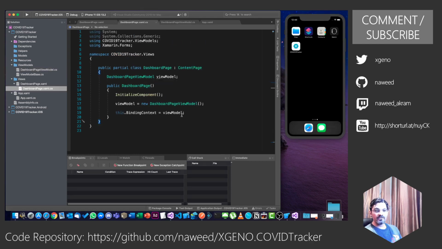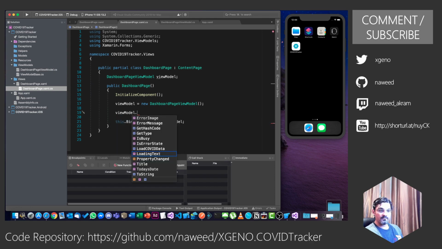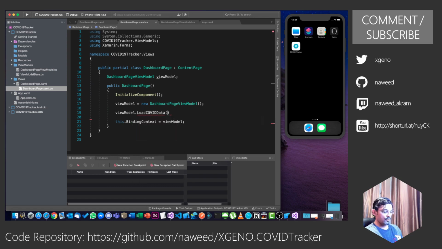One is in your constructor itself. You can just now simply say view model dot, what did we call it, load COVID data. We can do this over here, but the problem with this is it is going to block your UI.